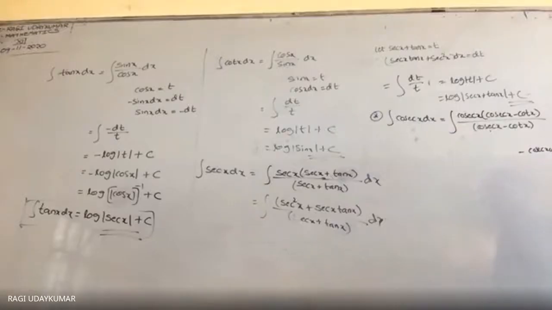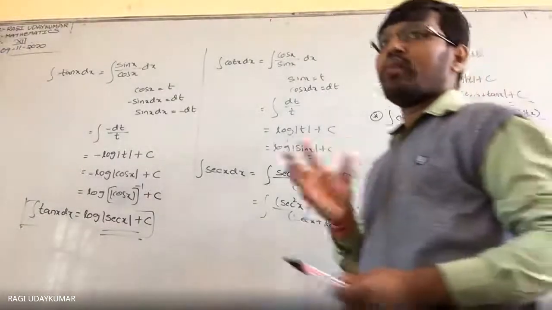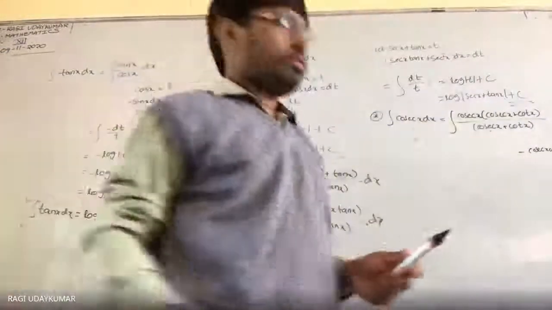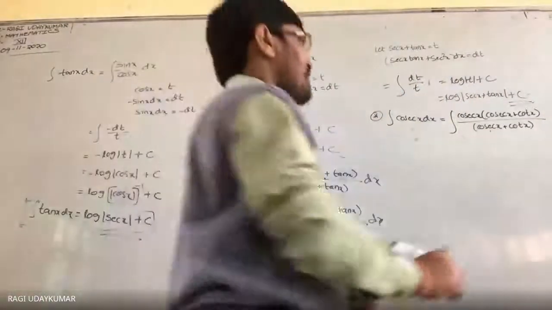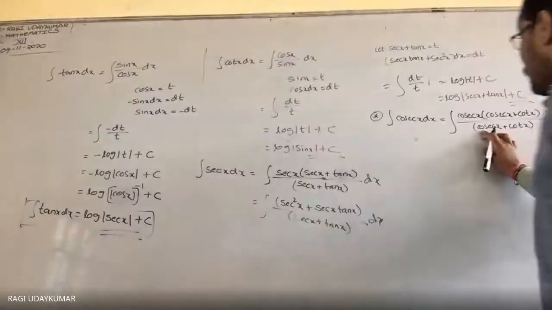So what do you get here? Will you get the numerator? If you simplify this one, taking minus cosec x common, plus will come. So you are not getting the numerator. So what you have to take? Plus, you add and take. See here, like this you have to analyze. Most of the students will not analyze simply.